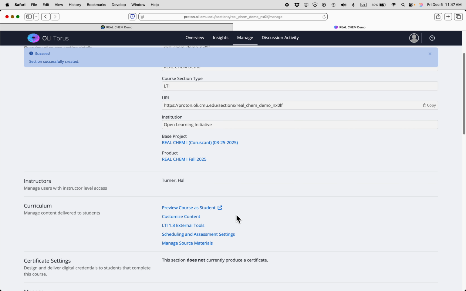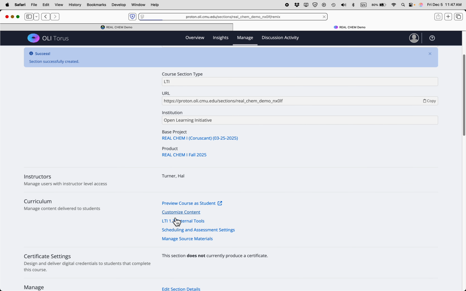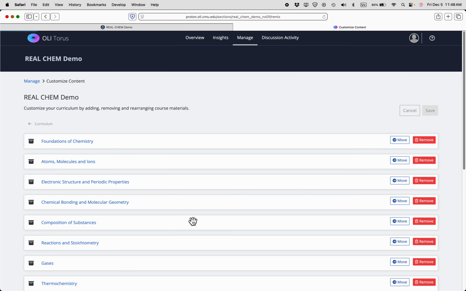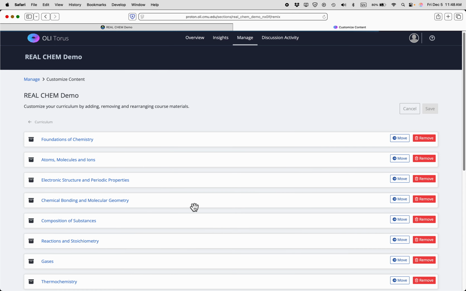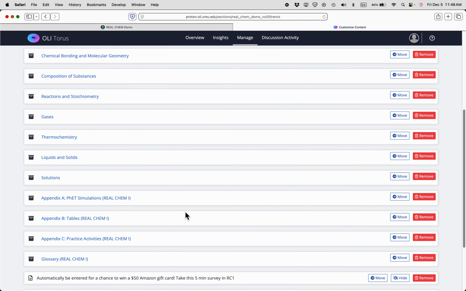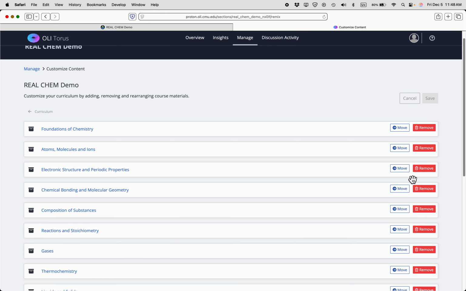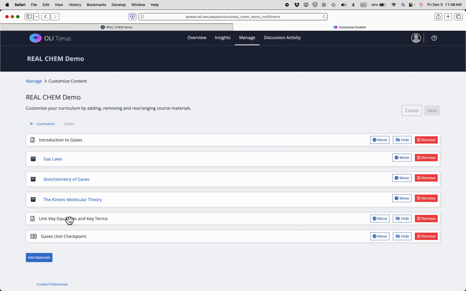From here, I can customize content in the curriculum area. Click the Customize Content link, and I can drag and drop any of these units and move them around. I can remove them. I can move them into other containers. That might be useful if, for instance, you needed to move something from the gases unit to another module, because